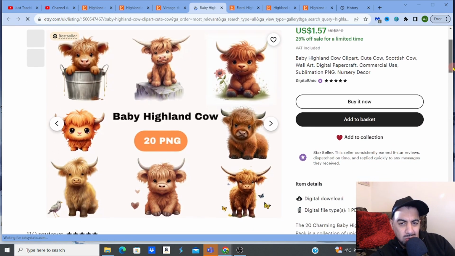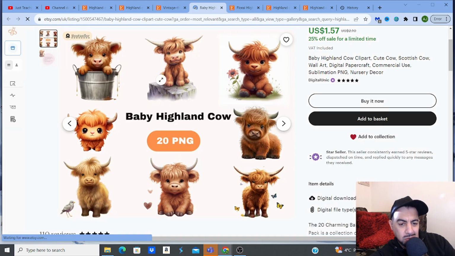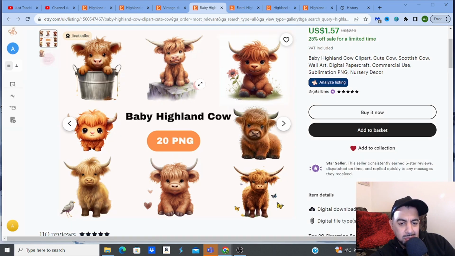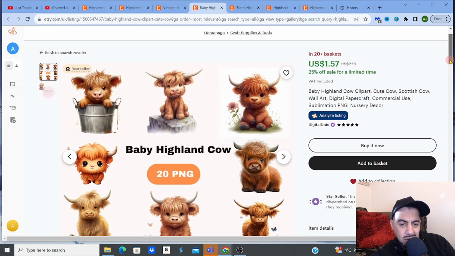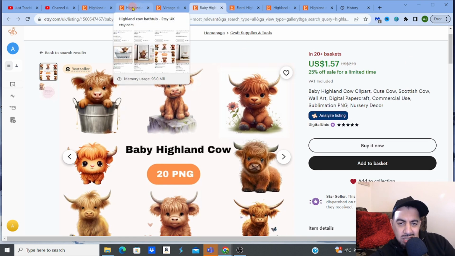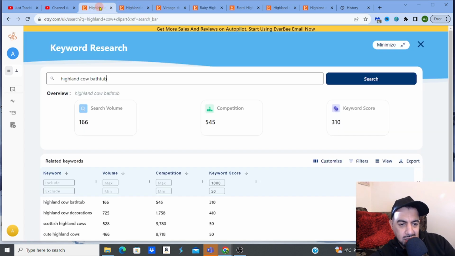I might do a little bit more, because as a new seller you want to do a little bit more, and then I might have a few bathtub designs, right? Baby Highland Cows possibly, or just Highland Cows. And that's what you do, guys. It's a science-based thing. Think about what niche you're in. Come to EverBee, free access in the video description. Type in what it is, and then go to filter. I would probably do keyword score 50 minimum to 1,000, and then as you go down the list, you will